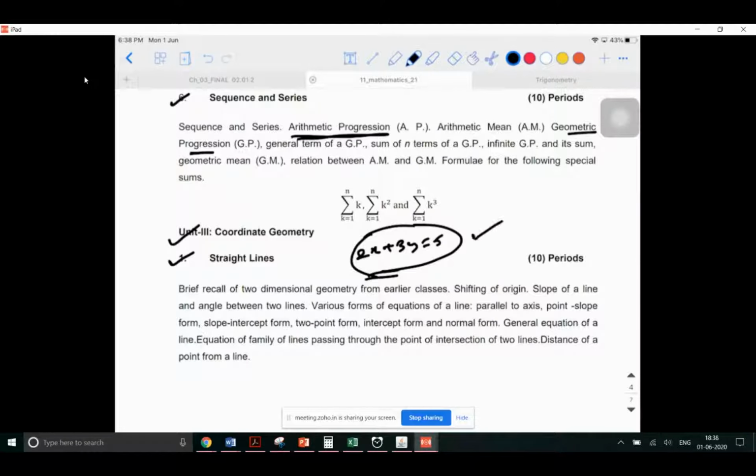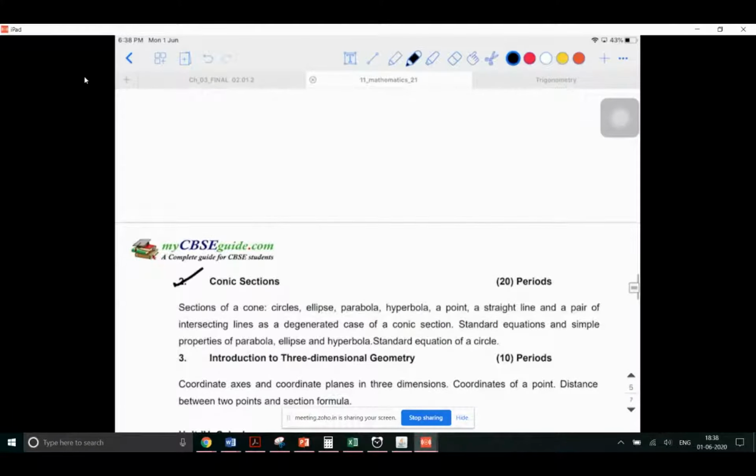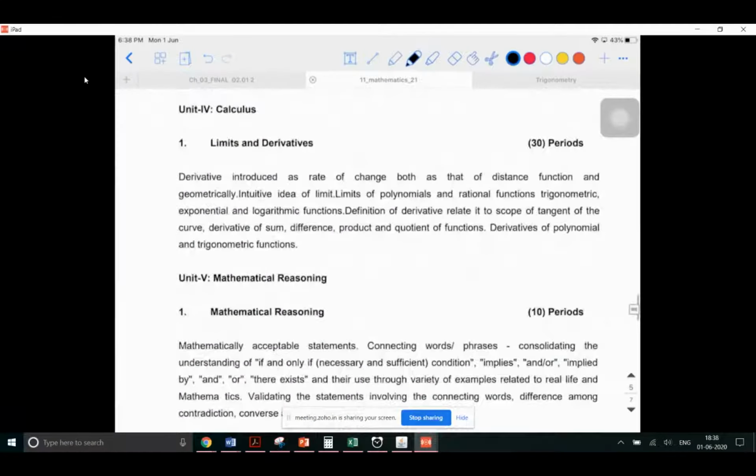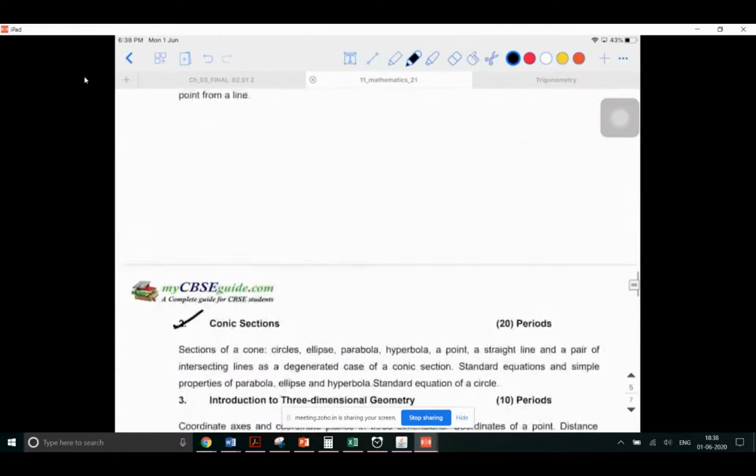So last year what would have happened is they'll give you the linear equation and ask you to solve it. This year what you will do is you yourself will write the equation of the straight line. Okay. So then you have something called conic sections. These are all slightly complicated. Let me not introduce them now so that you're not confused much about it. Then you have another branch called calculus, which is very important, as I told you. We will see them in detail later.